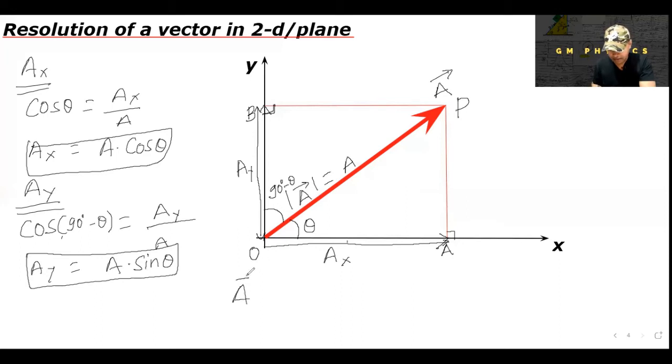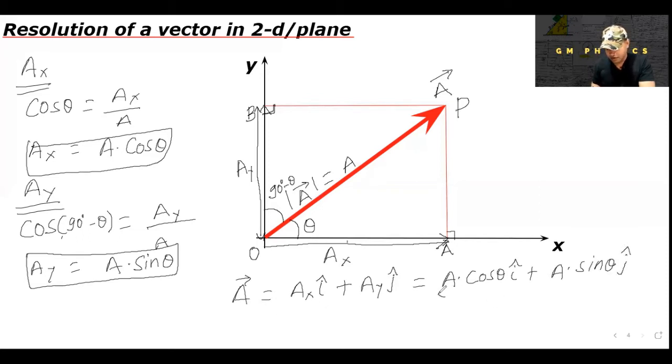Write A vector is equal to AX. This is along positive x-axis, and for positive x-axis we use I cap. For positive y-axis we use j cap. For negative x-axis minus I cap. For negative y-axis, already been discussed in the previous lecture. So we can write AX along positive x-axis, so I cap, plus AY along positive y-axis, so j cap. So finally we get A cos theta I cap plus A sin theta j cap,